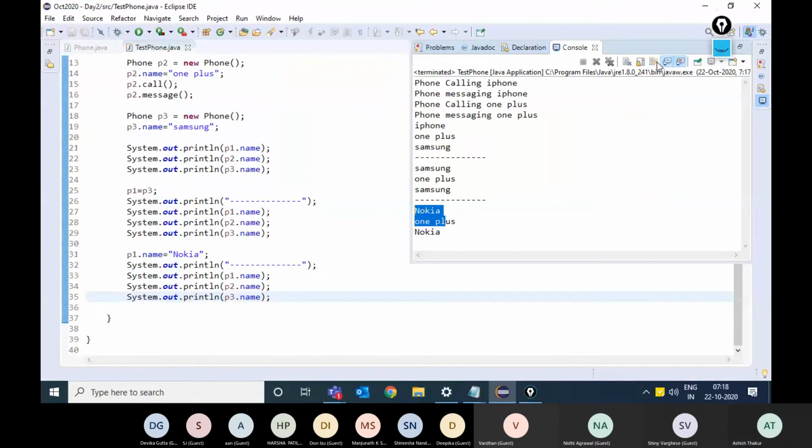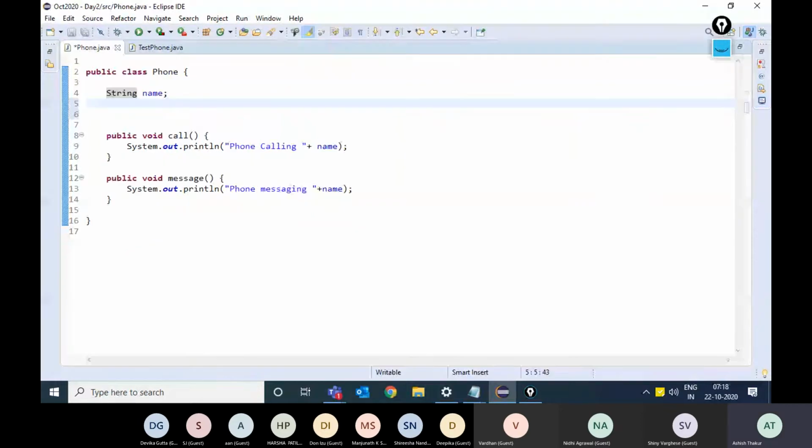Fine. Now, suppose there is a variable. Fine. There is a variable in the phone class, say string number of batteries.